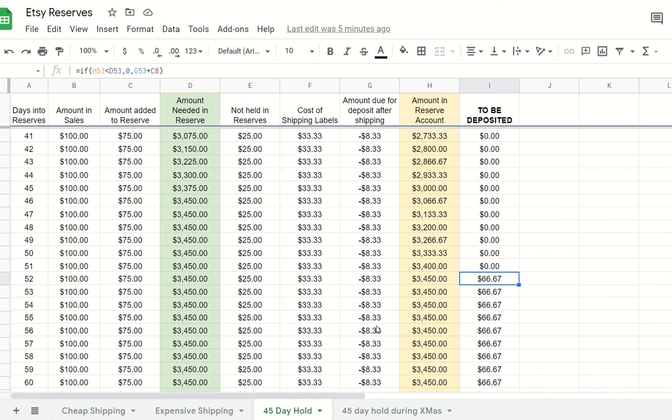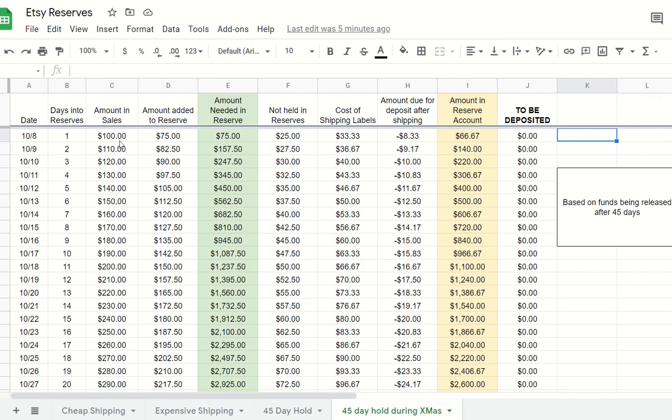Now, to complicate this even further, Etsy is doing this very close to Christmas. We've been basing this on selling $100 a day. But during Christmas, your sales very often go up day over day, which means that the amount in your reserves is increasing by that much more. So, assuming funds don't get released for 45 days and you sell more day after day, I put a date in here to help us kind of see that. If your reserves started on October 8th and all funds are held for 45 days and your shipping cost more than 25%,